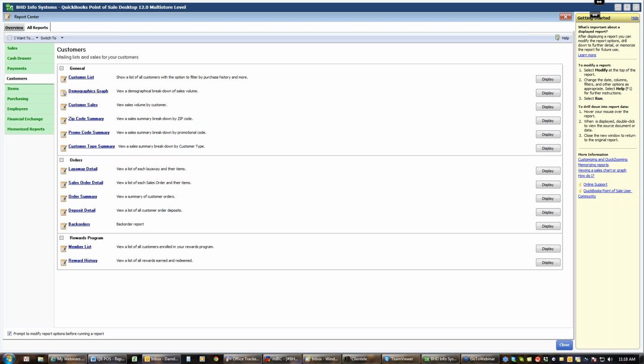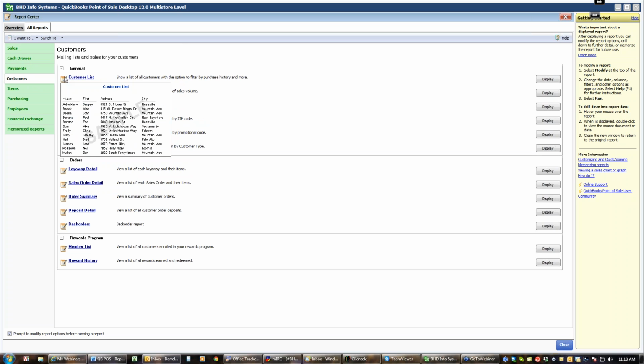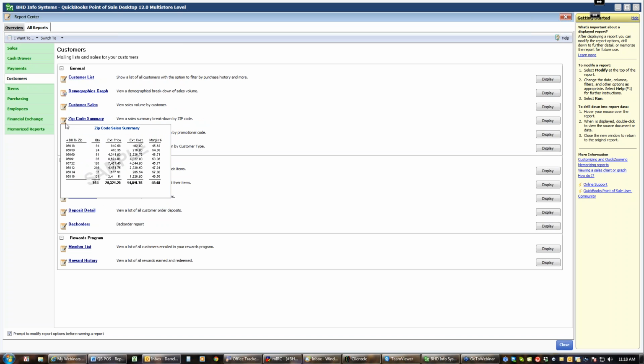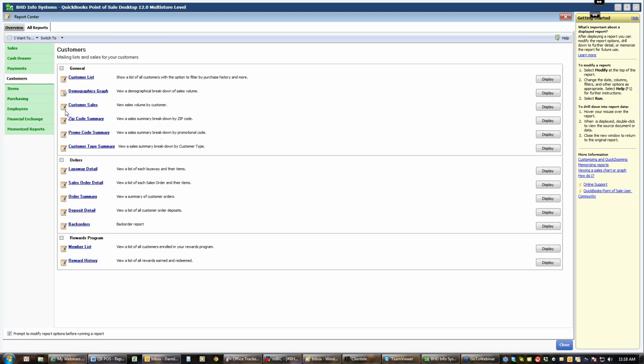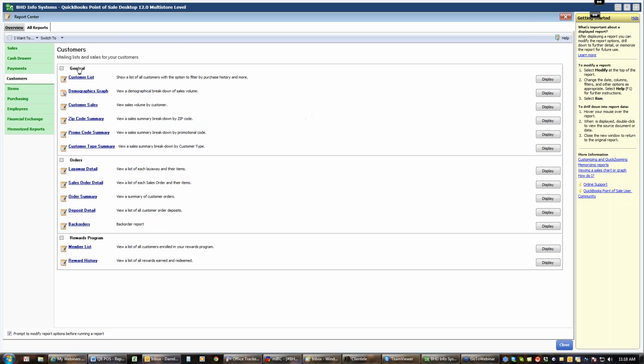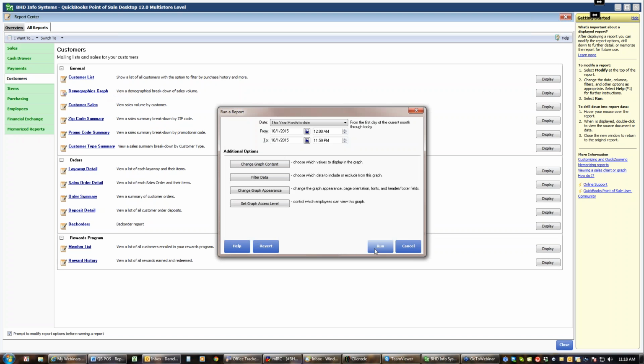Customers gives you several choices. You can run a customer list, which gives you a list of your customers. And you might have noticed that little flash there. If you put it to a little sheet of paper in front of the name, it gives you kind of an idea of what that report might look like. So we can run a customer list, a demographics graph. So if we click that and say run,